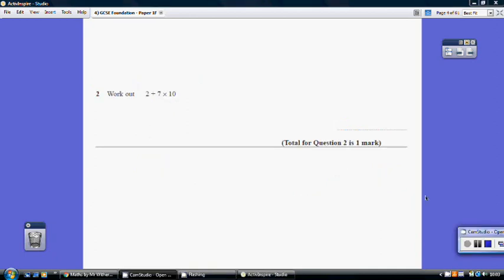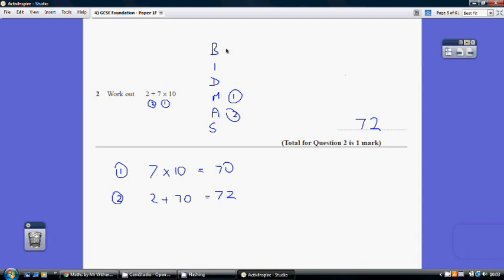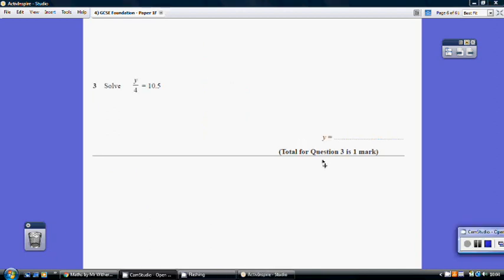365 divided. Question 2. So here we have to make sure that we follow BIDMAS. We have to do these operations in the appropriate order, and multiplication comes before addition. So first of all we do the 7 times 10, which is